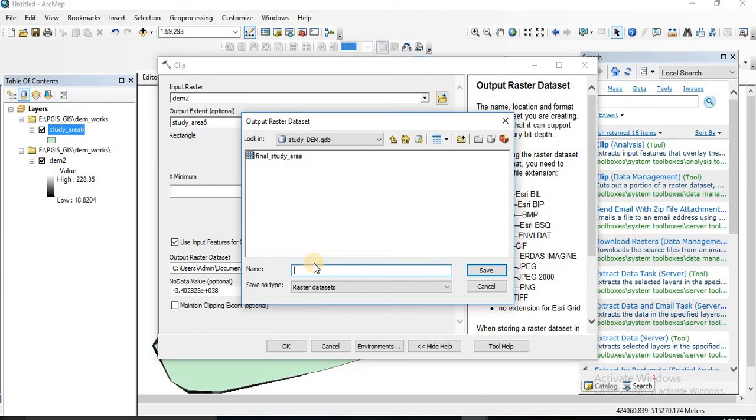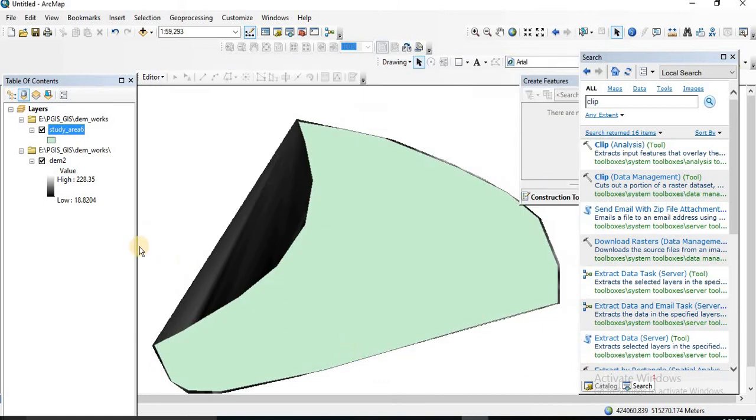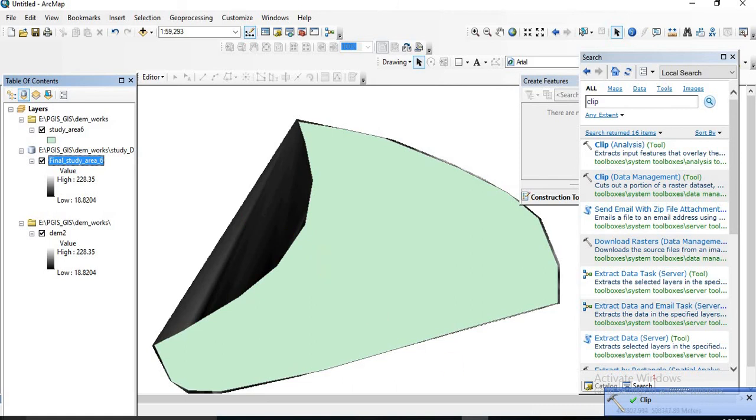I give the name final study area 6. Then OK. That is correct.